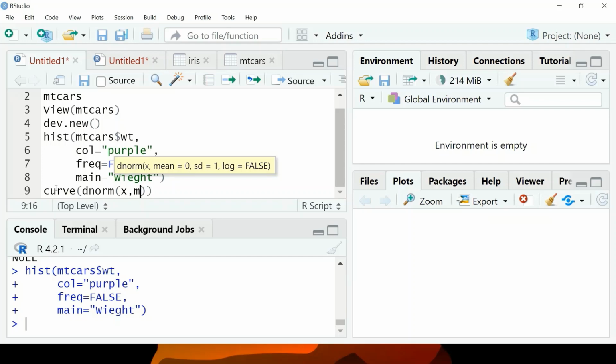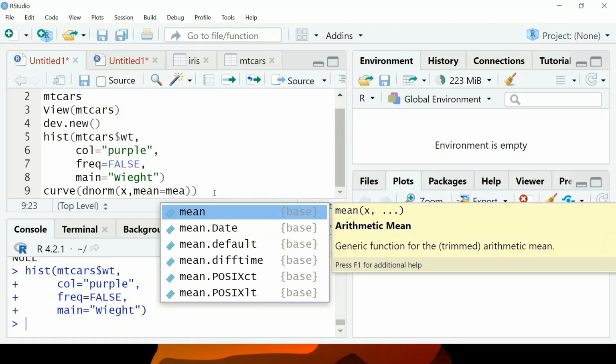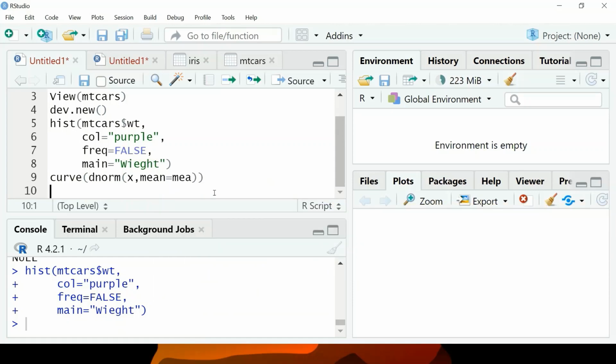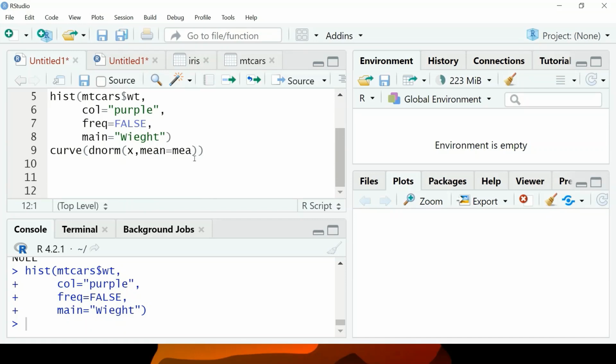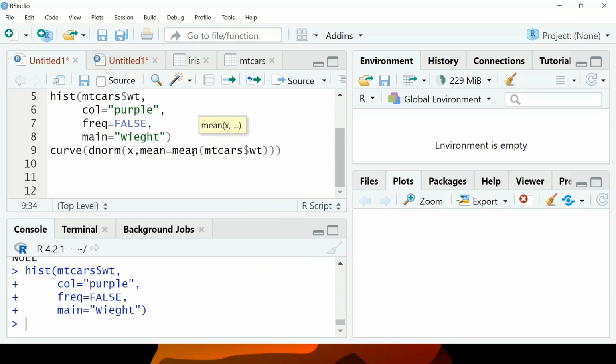Then the mean that I'm going to use is the mean of mtcars weight. Let me do this so that you see what we are doing. That's the mean that I'll be using, and the standard deviation, sd, is the standard deviation